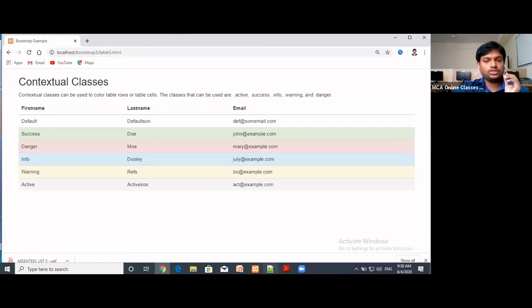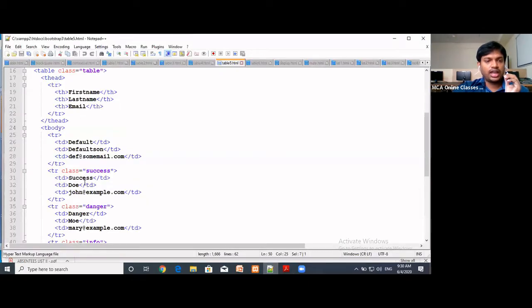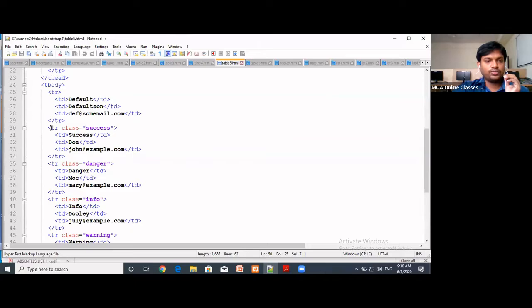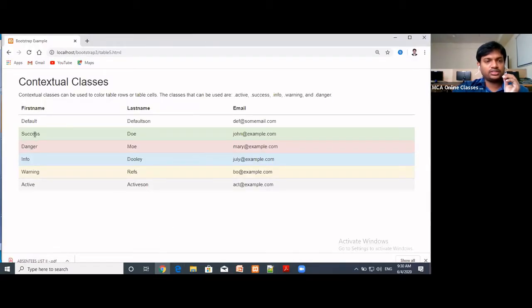Whenever we use these contextual classes for the table row, in the table row tag, class is equal to success. So automatically the table data will have this particular color defined for success.